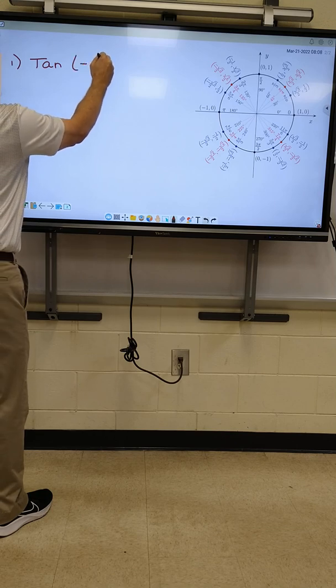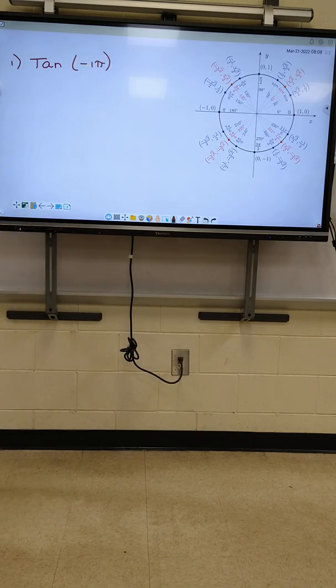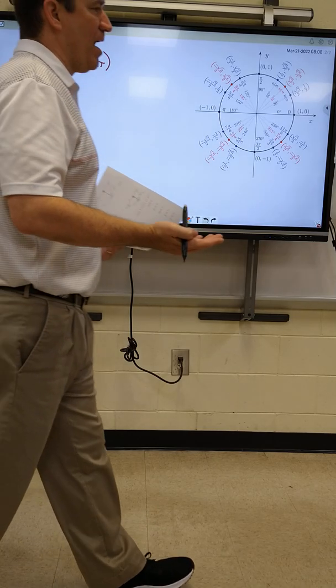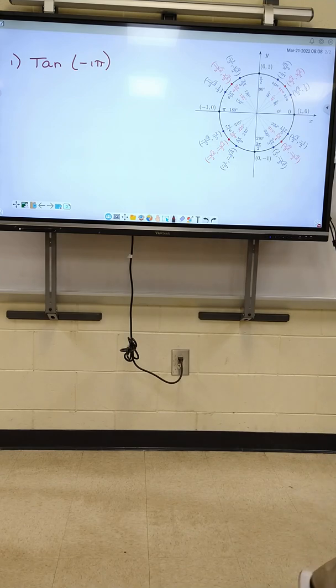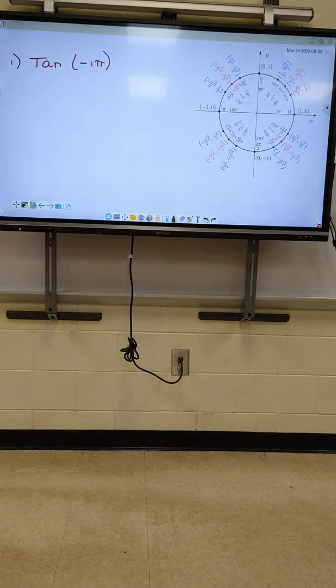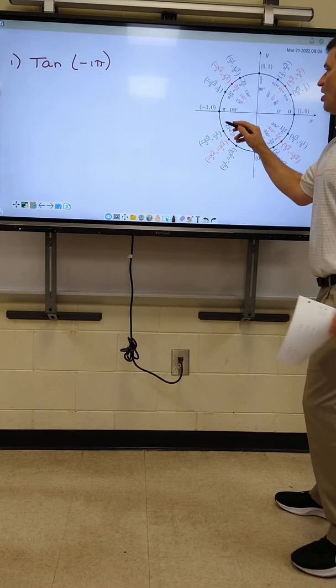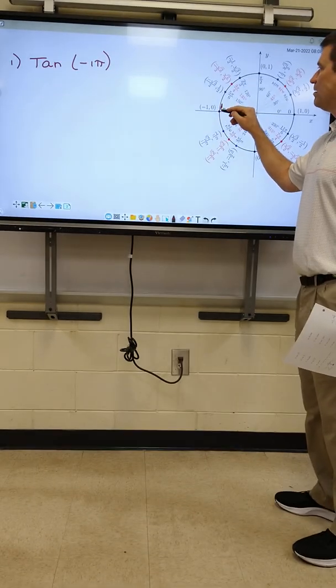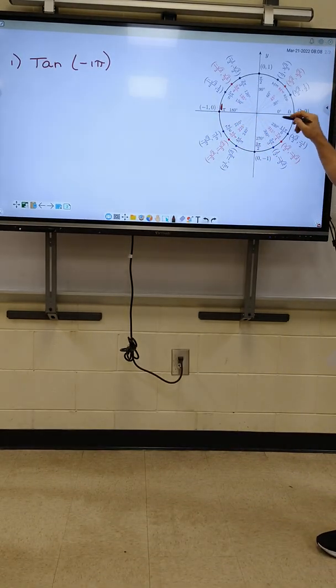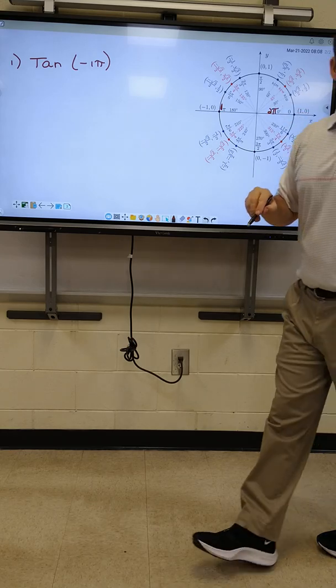Tangent of -1 pi. Alright, when y'all see number 1, it says negative pi. Y'all know that's -1, right? Now, it doesn't matter that it's a negative number. What matters is, is it odd or is it even? -1, is it odd or even? -1's odd. All the odds are right here. All the evens are right here